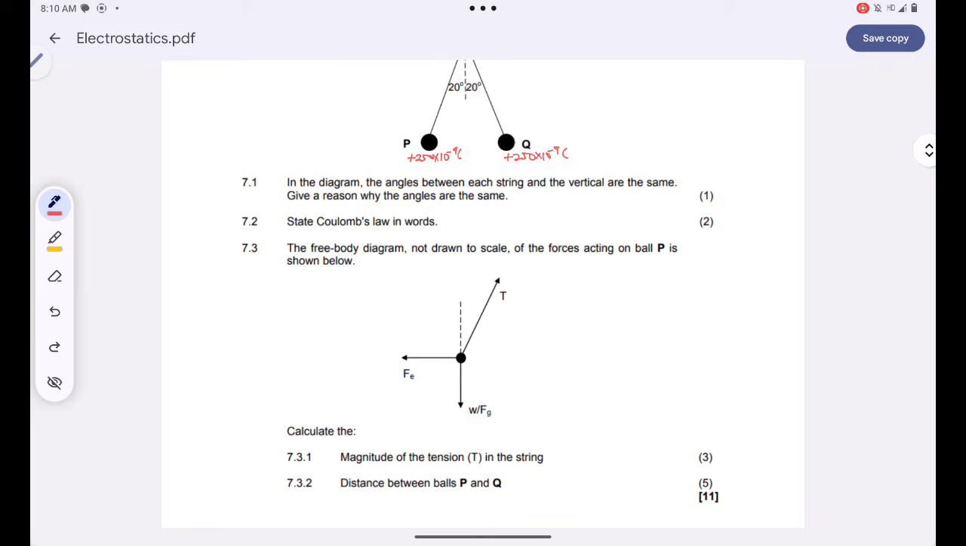Okay, and then now we are told that the free body diagram, which is not drawn to scale, of the forces acting on ball P is shown below. Now they want us to find the magnitude of the tension. Please note that, guys,